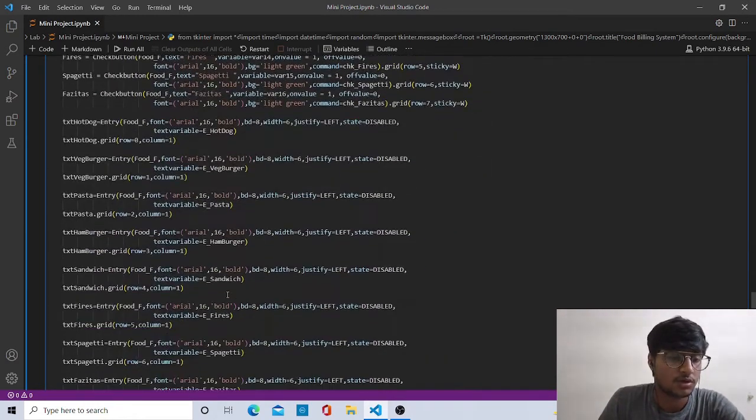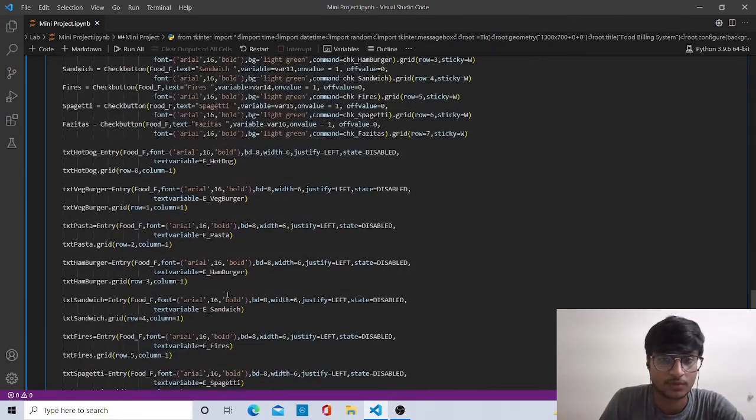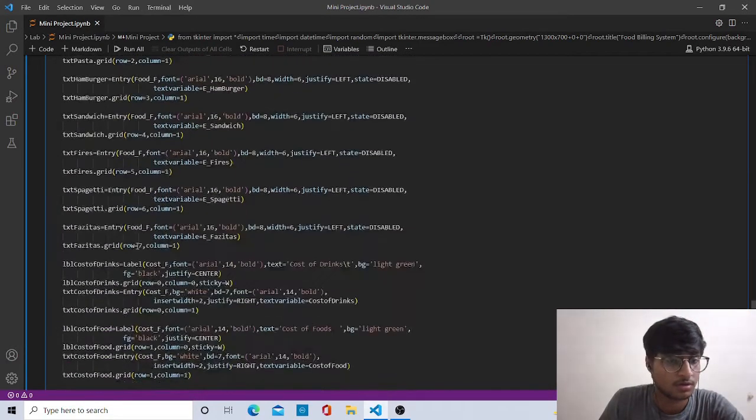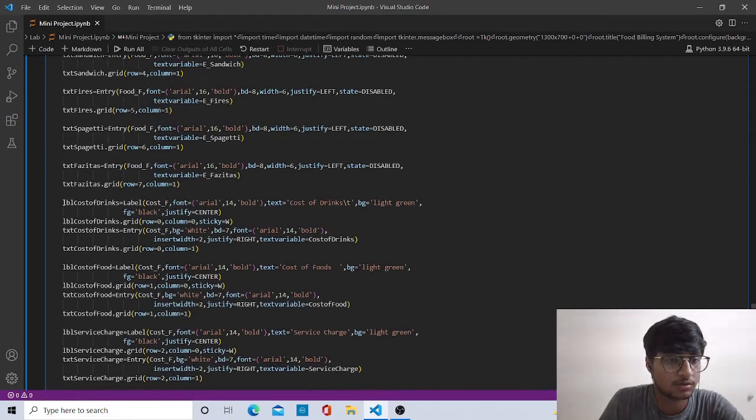Now moving forward with the code, I have defined here the label cost of drinks, which was described earlier, which has the cost function, font equal to Arial, text of cost of drinks, background color of light green, FG foreground color equal to black, and justified as center.